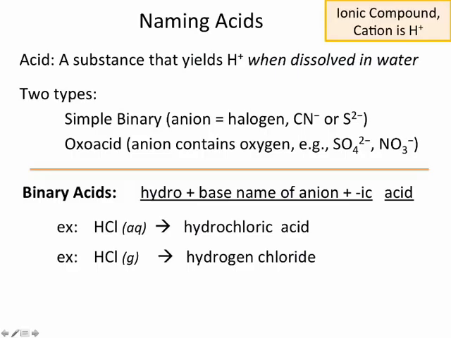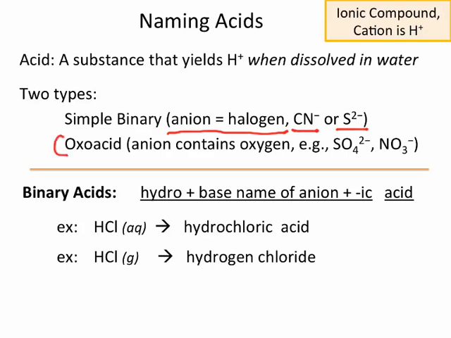Okay, you just heard me naming acids, and I want you to be able to do this too, so that we can talk about the chemicals that we're using. So acid naming is unfortunately a little complicated, and so you have to pay attention to the cases and what type of acid it is that you're naming in order to be able to pull that off. So we have 2 major categories. One is simple binary, and so that would be where the anion is a halogen, so fluorine, chlorine, bromine, iodine,